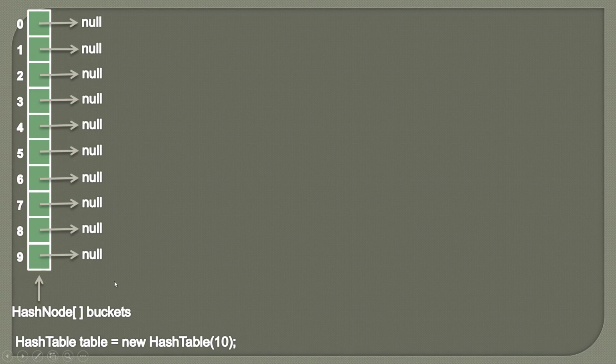So currently you see all the hash nodes at a particular index are pointing to null. It means that each list which will be formed at a particular index has a starting node of null because there are no key value pairs currently in this hash table. And at the start we have the number of buckets value as 10 because we are providing the capacity to be 10, and currently as there are no elements, the size is 0.